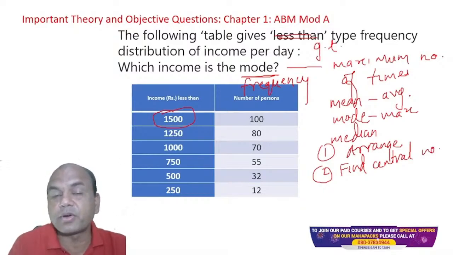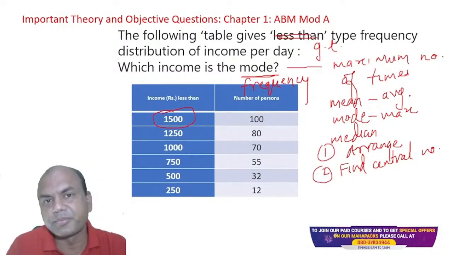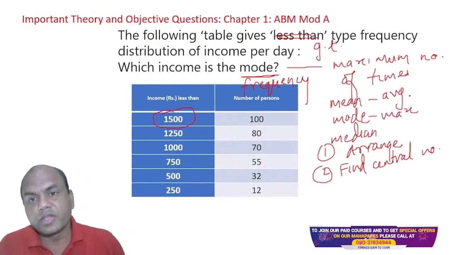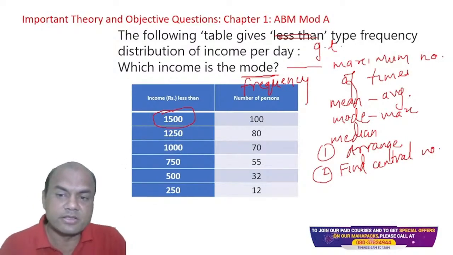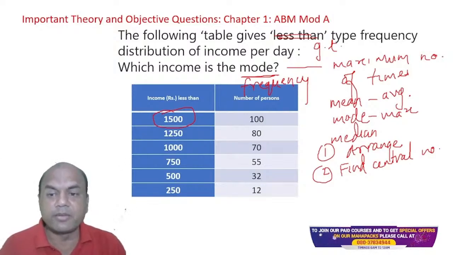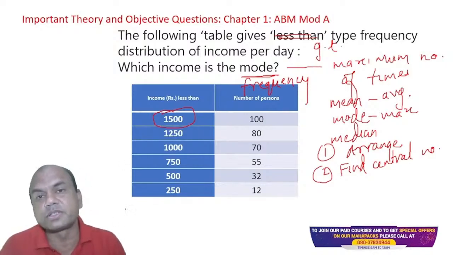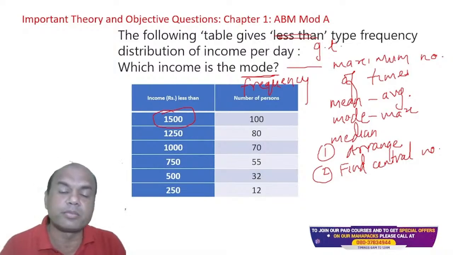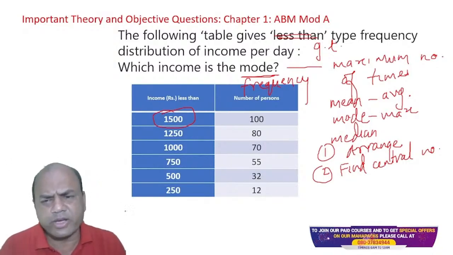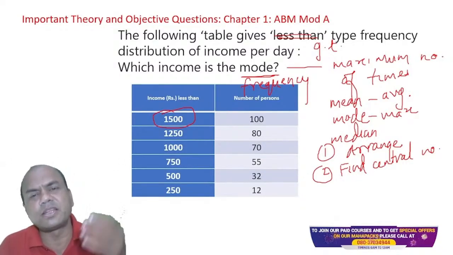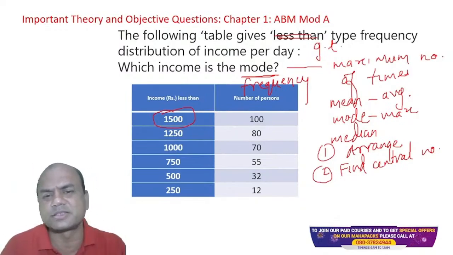So these three important terms are there in statistics. I gave you this because this question is only on mode, but you must understand that if the exam question is on mean, mode or median, anything, you must be able to answer it. Got it, everyone? Mean is average, mode is max, and median is arrange the numbers first and then find a central number. There are various methods to this that I'll explain in some other video, but the logical part is this.